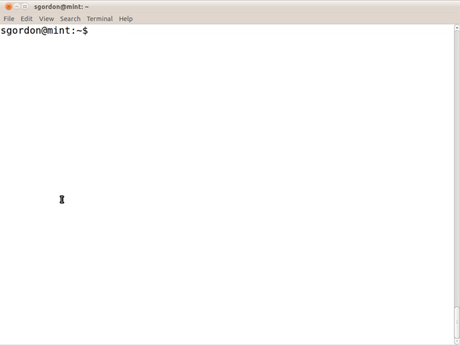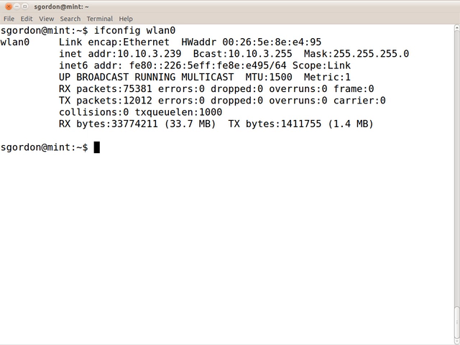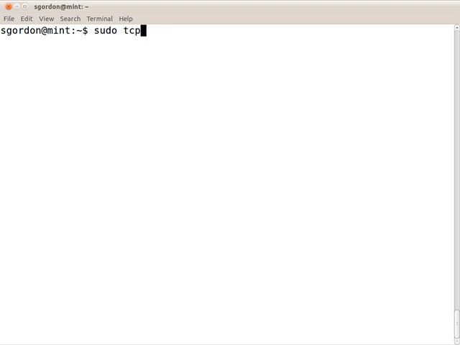So the first thing I'm going to do: my computer is connected via the wireless LAN interface. It's got an IP address, 10.10.3.239. I'm going to tell my computer to record all of the data that is sent and received via the wireless LAN. And I have a program that will do that. It's called tcpdump. It's going to record all the TCP packets, in general all the internet packets sent via my wireless LAN interface, and it's going to save those packets in a file,